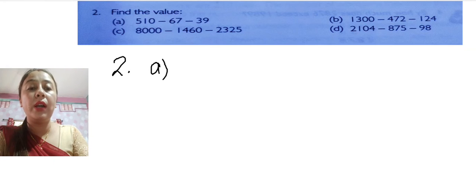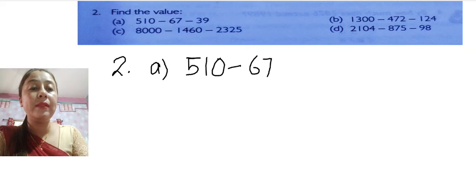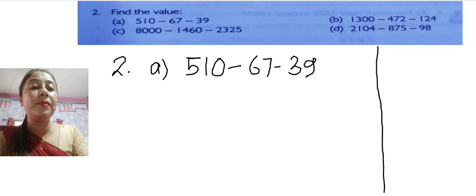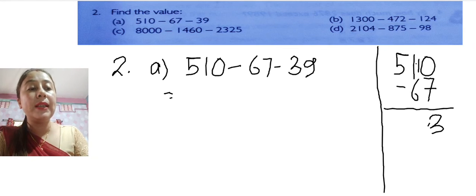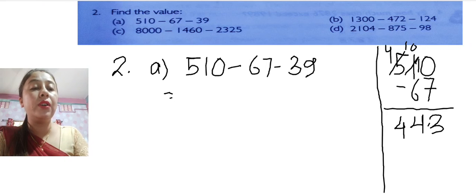Number 2 is a little bit different. 510 minus 67 minus 39. So here also we will draw a rough column. We will first subtract 67 from 510 in the rough column. Okay. So when we subtract 67 from 510, so 0 minus 7 is 3. Yes, this will be 10 and this will be 0 again. Again we will borrow 1 from 5 and make it 4, and again 10 minus 6 is 4 and 4 minus 0 is 4. So we got